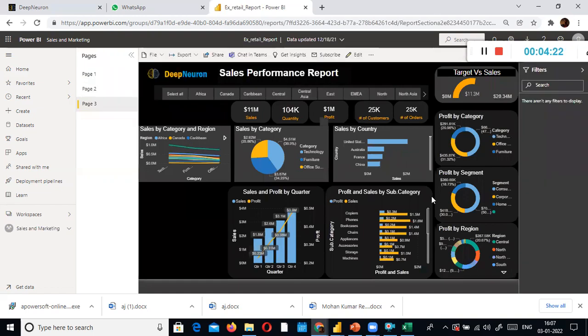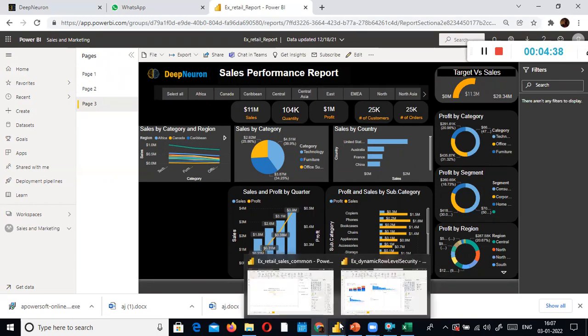So this is the one I published on the cloud. Now people across the globe can access this report anytime from anywhere. That is the advantage of publishing the report on the cloud.